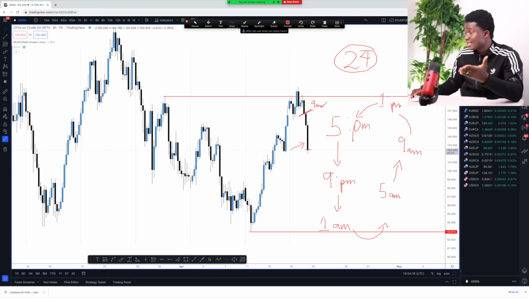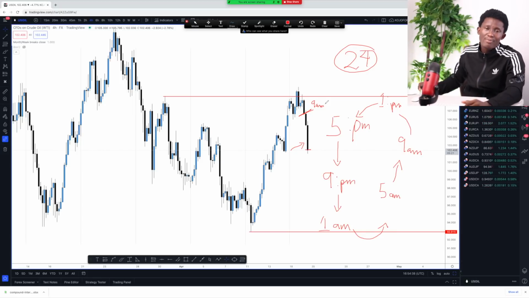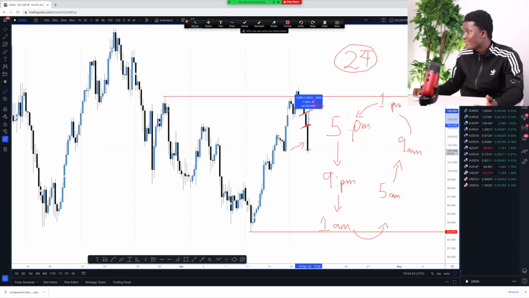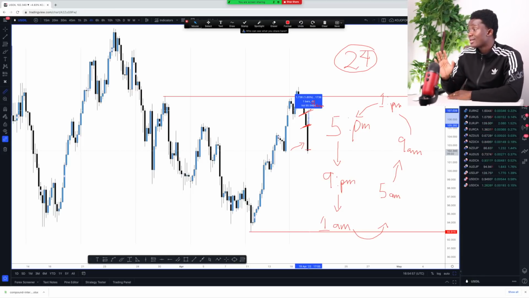Today, the same trade which was shared in the community, people currently run over 500 pips, right? Now with this trade, imagine that I didn't particularly have accuracy in market timing, and then I happen to come to watch the market around 12 p.m. or 1 p.m. What it only means is that I would have come to meet the market trading around this area here, which only means that I literally missed out on 170 pips, which I could have used at my disposal if I understood market timing.